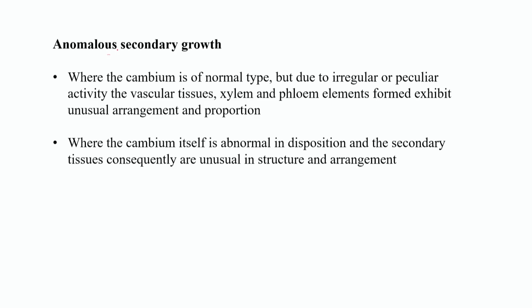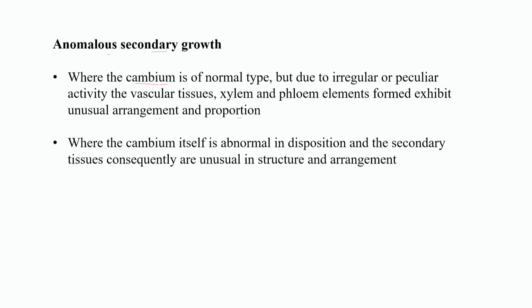Now in this also we have discussed before how these anomalies will arise. It can arise due to abnormality in the cambium development also, like the cambium which is formed could be normal, but it is giving rise to abnormal secondary structures in terms of xylem and phloem. That means it is either forming xylem and phloem in wrong locations, or in wrong orientation, or in different proportion